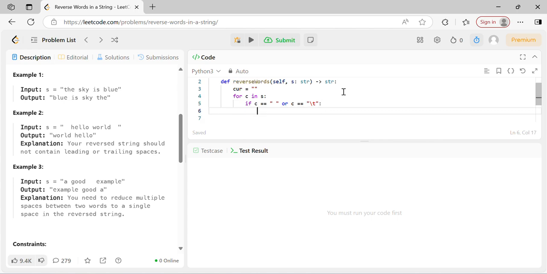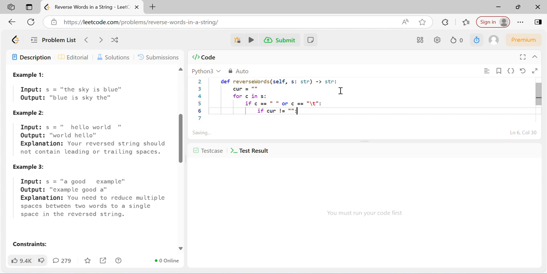And what you want to do is check if current is the space thing. So if current equals space, it will do nothing. If current is not a space, if it's some other thing,